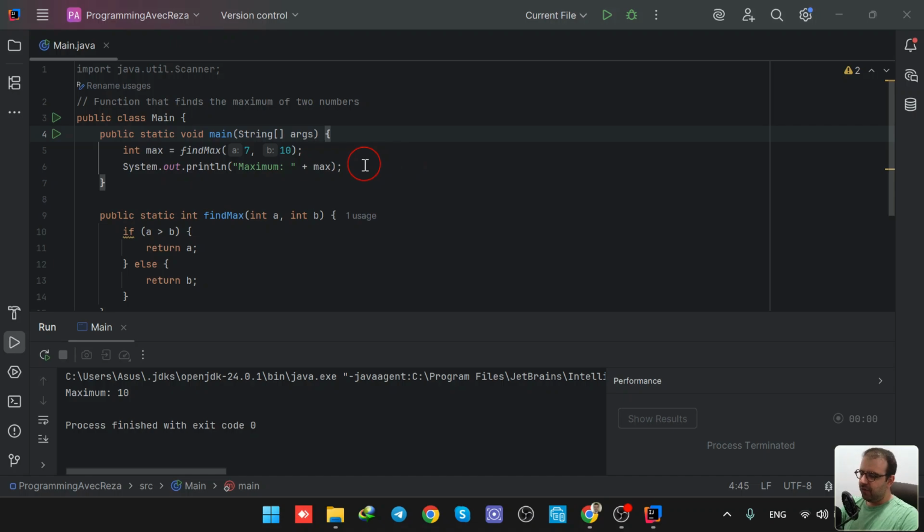In today's video, we are going to write a program that defines a function, and that function needs to find the maximum of two numbers. So let's dive in. In the main function, I have a call of a function that is called find max,